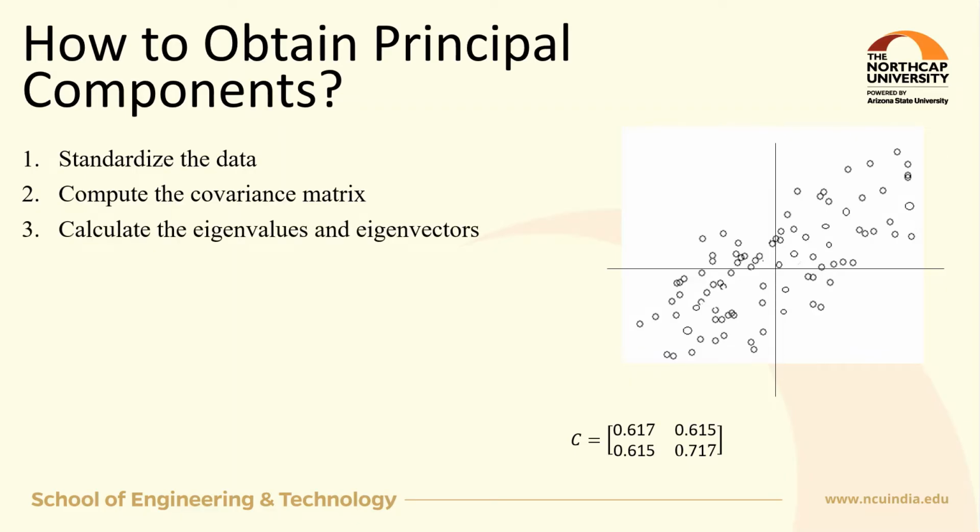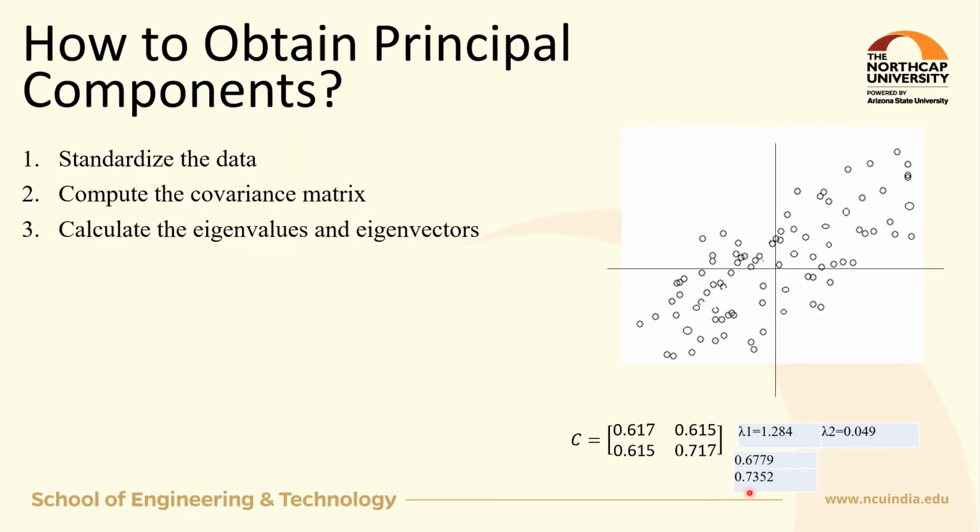Eigenvalues and eigenvectors actually play the magic of PCA, because eigenvectors are the principal components, which determine the direction of the new feature space, and eigenvalues determine their magnitude. So here my eigenvalues are lambda 1 and lambda 2, 1.284 and 0.049 respectively, and corresponding to the first eigenvalue I got this eigenvector 0.67 and 0.73 for x1 and x2 respectively.